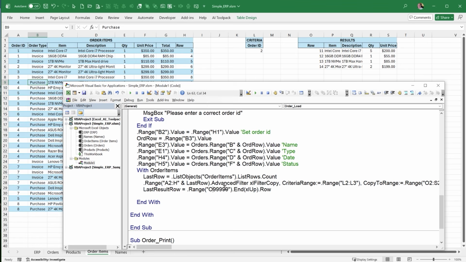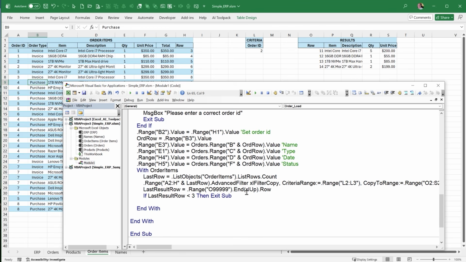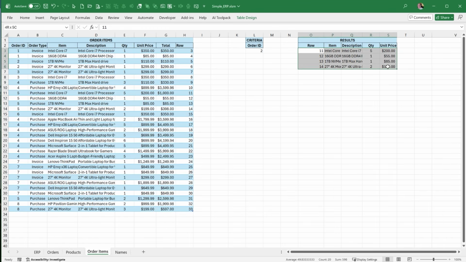If it's less than 3, that means we have no data. So the last results, that means we can exit the sub. We can exit the sub. So now that we know that we have data, we can continue and simply bring all of this data into